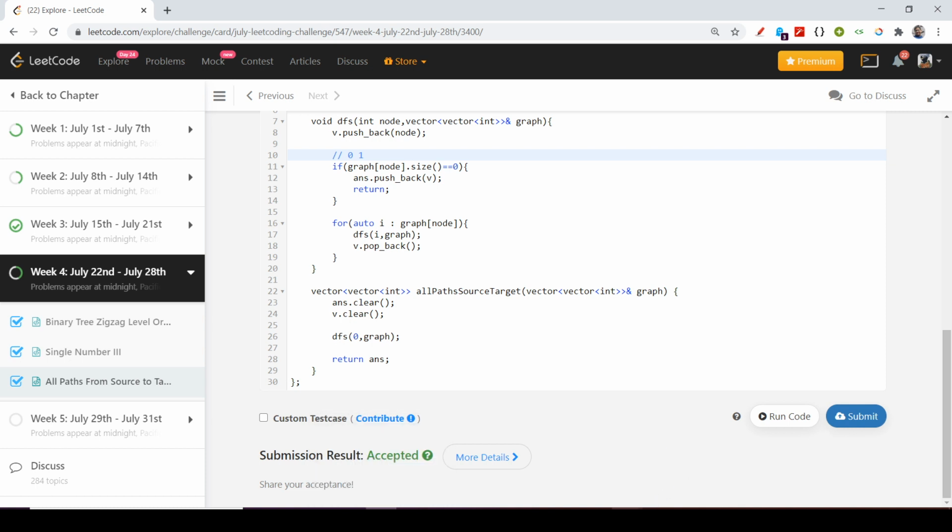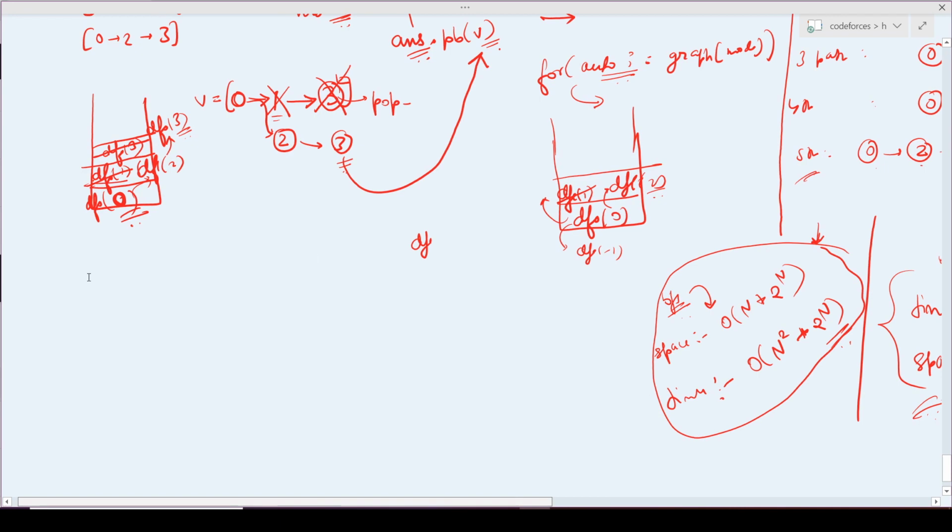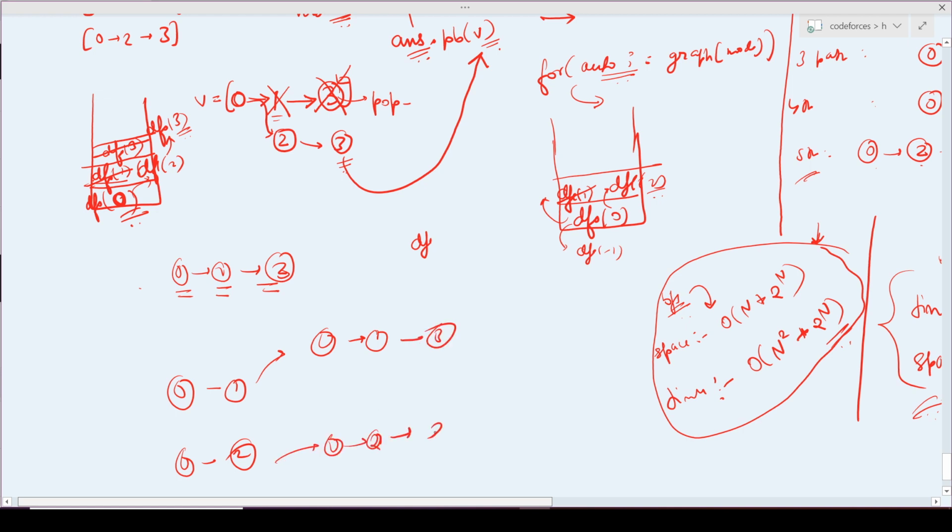For those who still want to understand the BFS one, it is very simple. In BFS, rather than having the help of this recursive stack, in DFS we knew that after 0 we had 1, we had 3, but in BFS we have to store 0 1, we have to store 0 2, and for 0 1 I will go on further, I will store 0 1 3, then I will store 0 2 3.